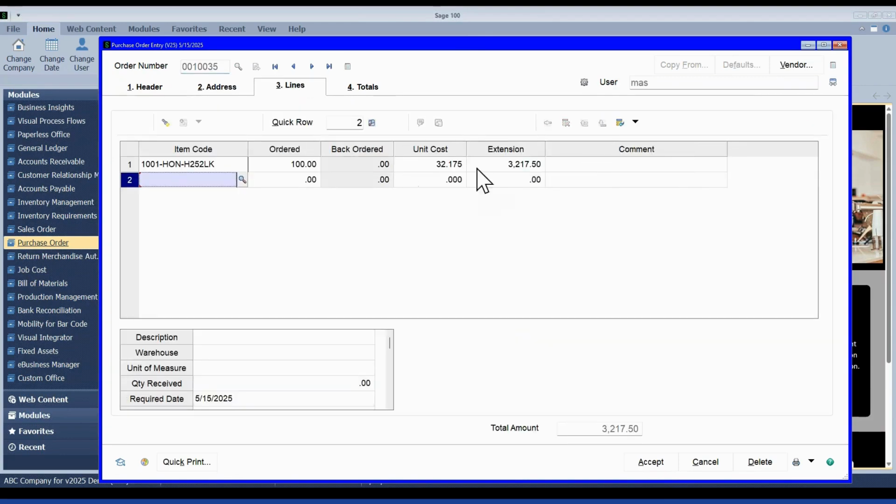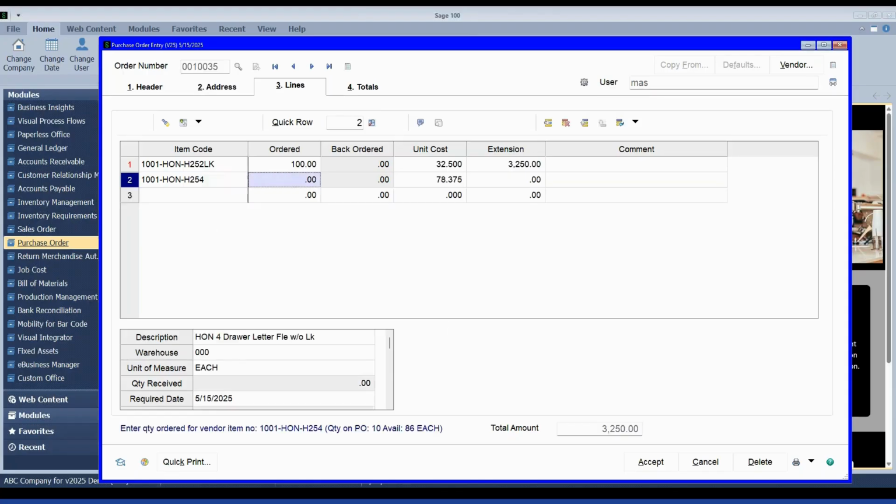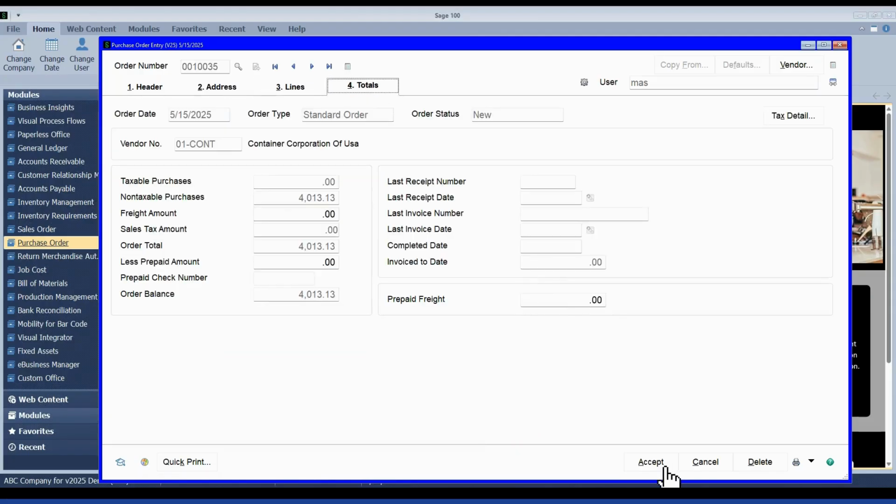And then I'm going to come back, and maybe the vendor came back and said, "Oh, there's been a price increase. Now that's $32.50 a unit." So we'll change that, and I'm also going to go ahead and add maybe some of these to the list here. And maybe they also gave me some free to expect.